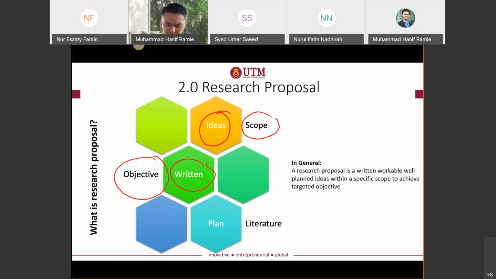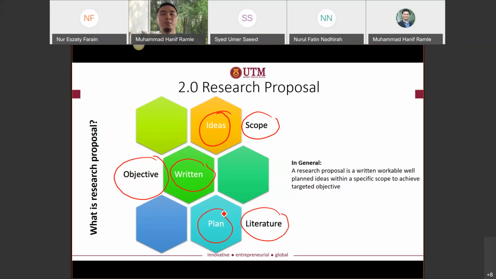Okay, and of course literature. You have to include as many as possible regarding and related to your research. If you are doing artificial intelligence research, then you have to put the current methods to do artificial intelligence. If you are doing biomechanics, you have to put, for example, the current methods to do biomechanic analysis. And also, as I mentioned to you, it is a plan.